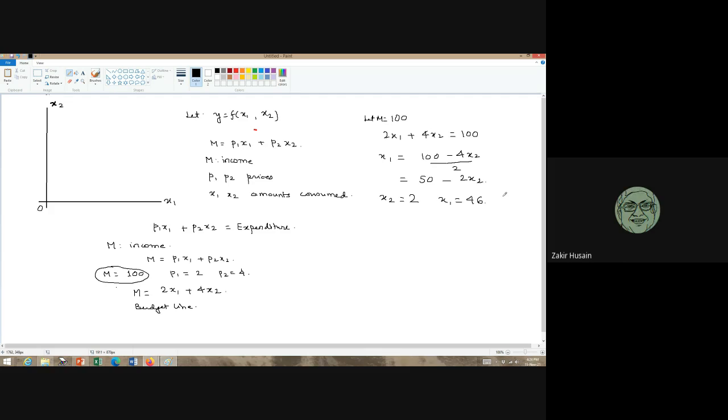No, sir, it seems correct, because if we put in 2, 50 minus 4, that is 92. Let us take a little bit higher, 12. So this is 24, x1 will be 26. এটা কত? Sir, two. এক মিনিট দাঁড়াও, Sir, 2 হবে।